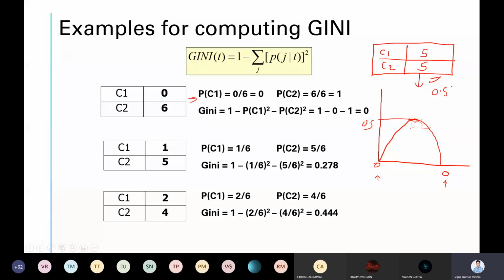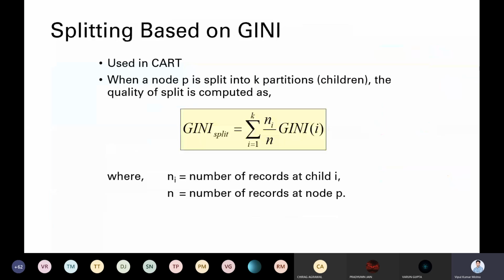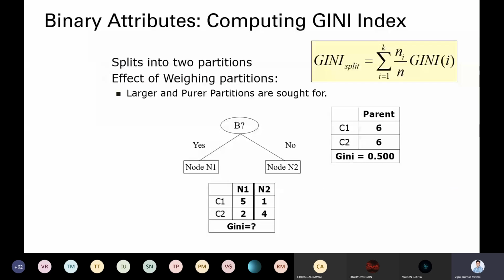So this is one way to compute the impurity, or you can say to decide whether a particular node is a good node or a bad node, a pure node or an impure node, right? This is a simple formula for that. You already computed for this. Now this is again a quick exercise. You have these values. What will be the final Gini impurity?